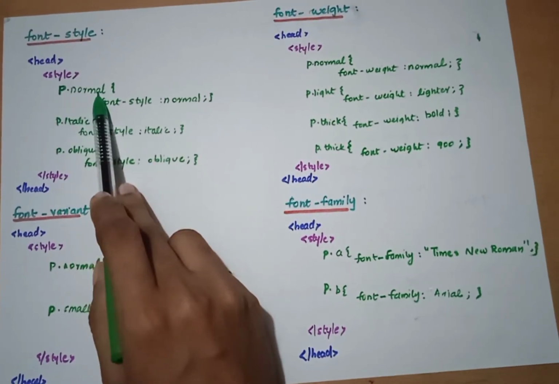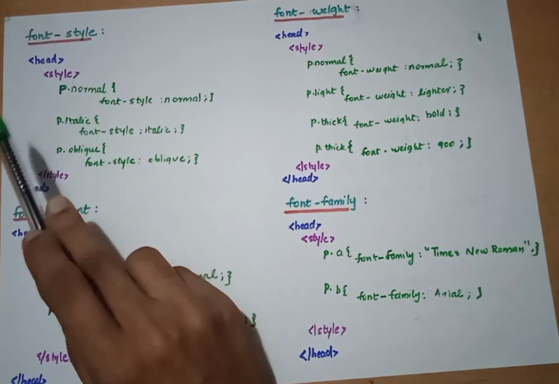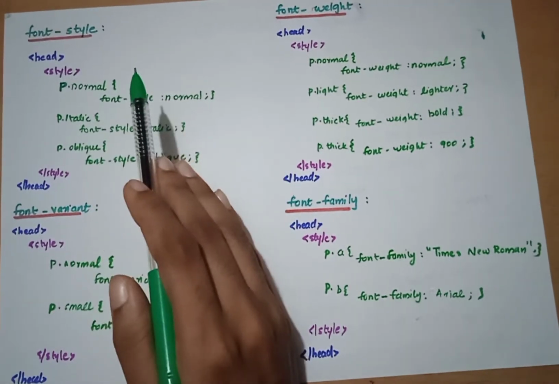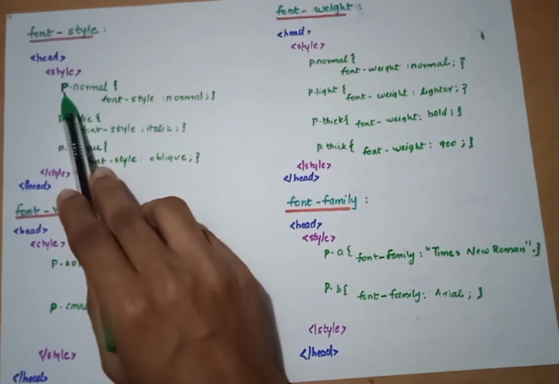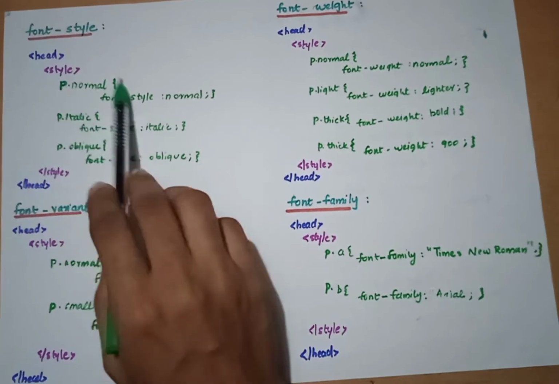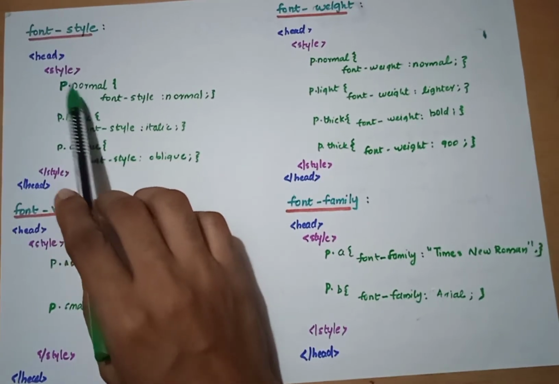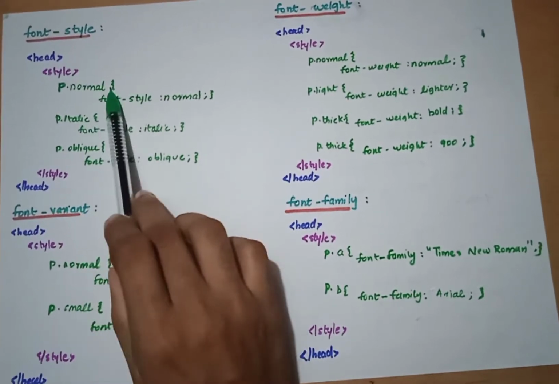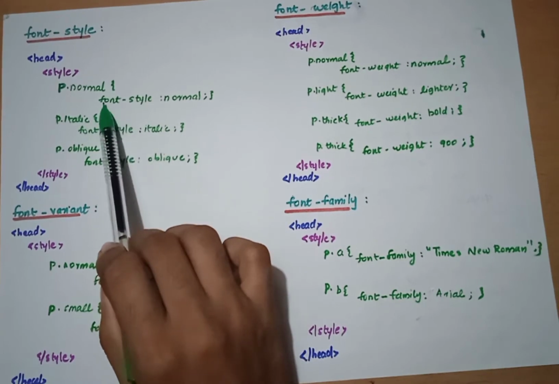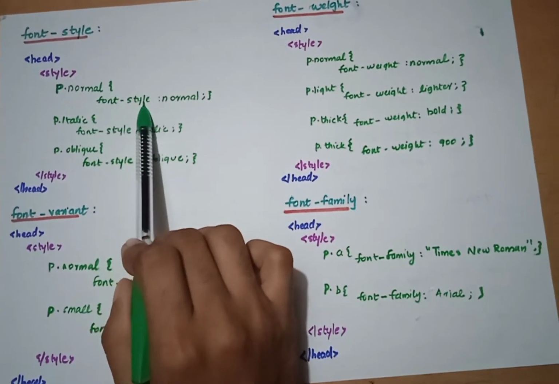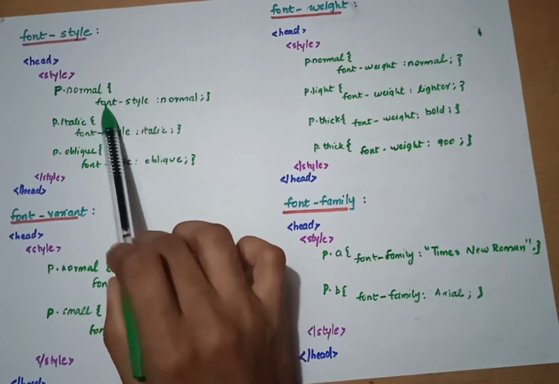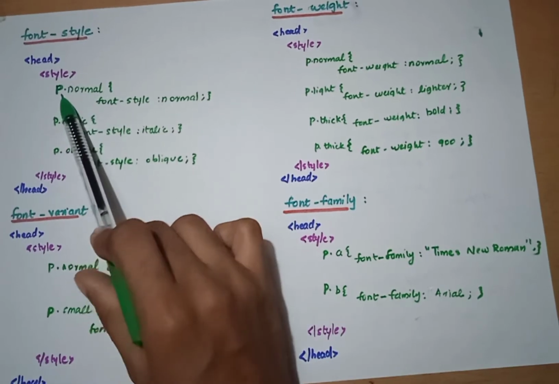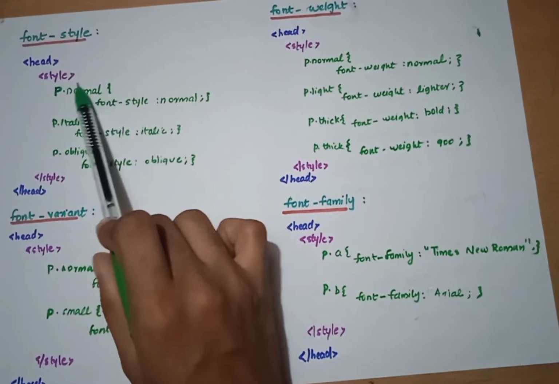That means whatever be the element and the attributes or the class name, never matters, this dot will be representing a class selector. Okay, so my HTML element here is P. So I'm going to add some style to my paragraph using a class selector of the name normal. Inside that I'm going to use the CSS property font style. So I'm saying here my font style should be normal